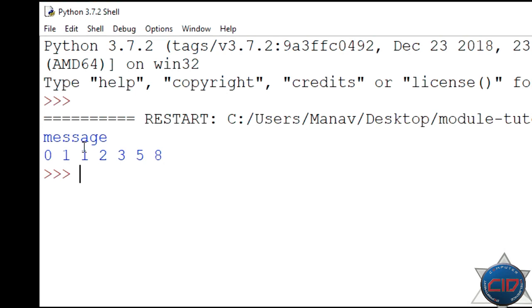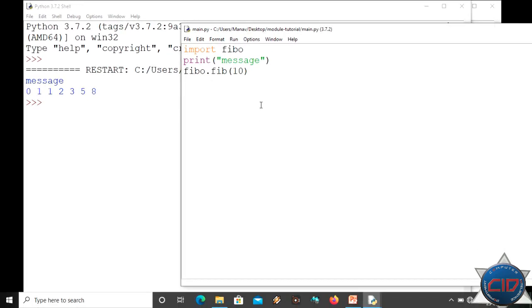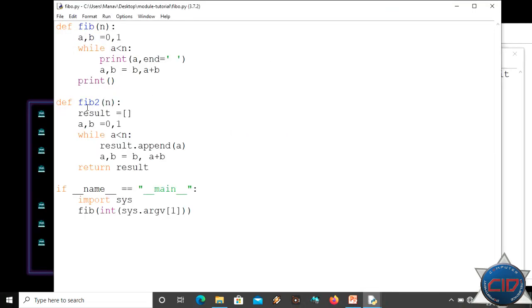Now you will see that it is printing the message and the Fibonacci series for n. Now let me access the same with fib2. So I will call here fibo.fib2 and let me pass here 20. Okay, now let me save, and now as you can see, firstly let me show you, this method is